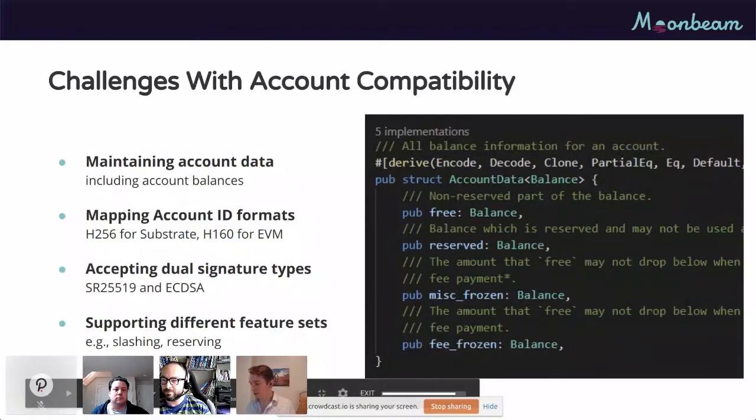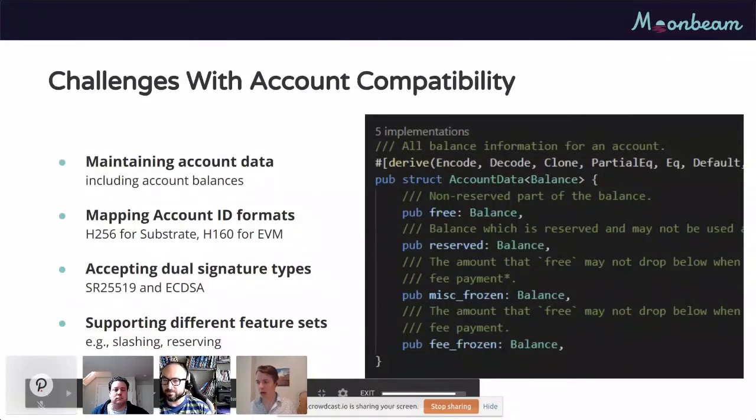Those are kind of necessary because if you want to support staking, governance, and many other features, you need to be able to have some reserved amount that the user cannot freely use. And obviously, those are not natively supported by Ethereum, so it brings some kind of incompatibility between the structure and the types that we want to use.